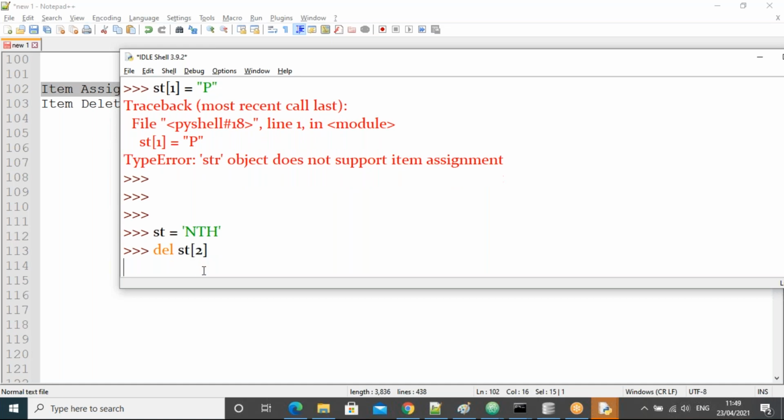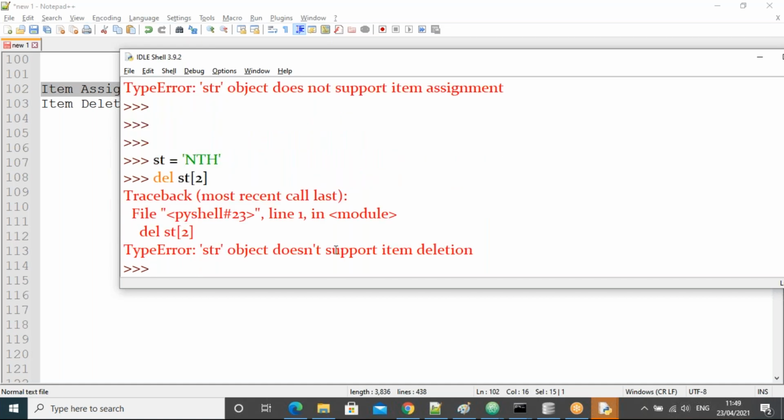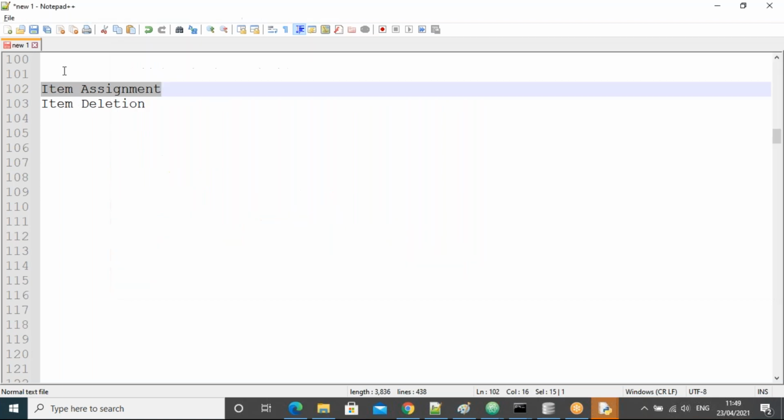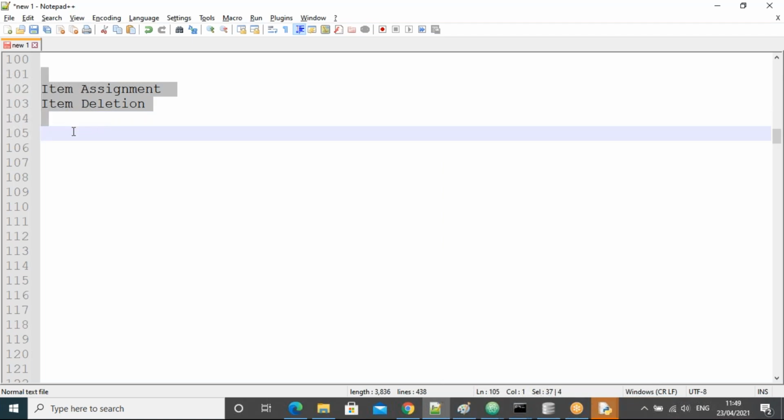Yes. See, string does not support item deletion either. Item deletion and item assignment are not possible in the string, but they are possible in the list.